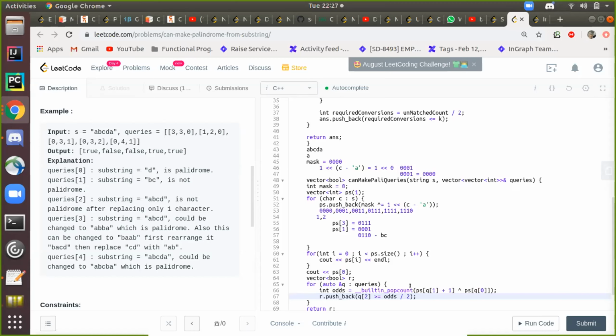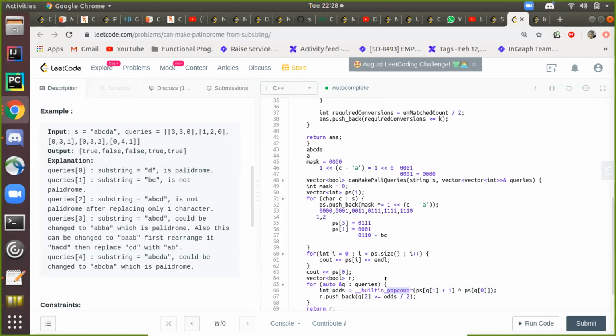Correct. So when you do the XOR for BC, the number of ones is 2, right? When you do this XOR, you get 0, 1, 1, 0. Now you are checking how many ones are there, and that is done by this function. So we have 2 ones. Basically those two correspond to odd counts. I didn't get odd counts. Pop count does the count of set bits, right? It's just counting the set bits.